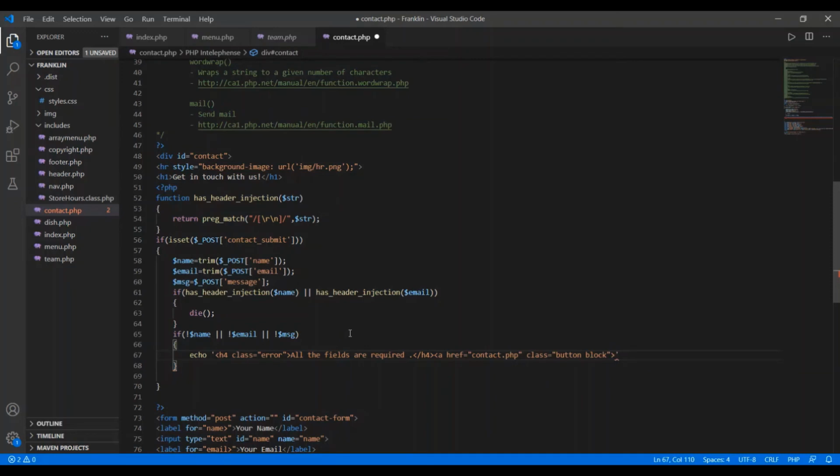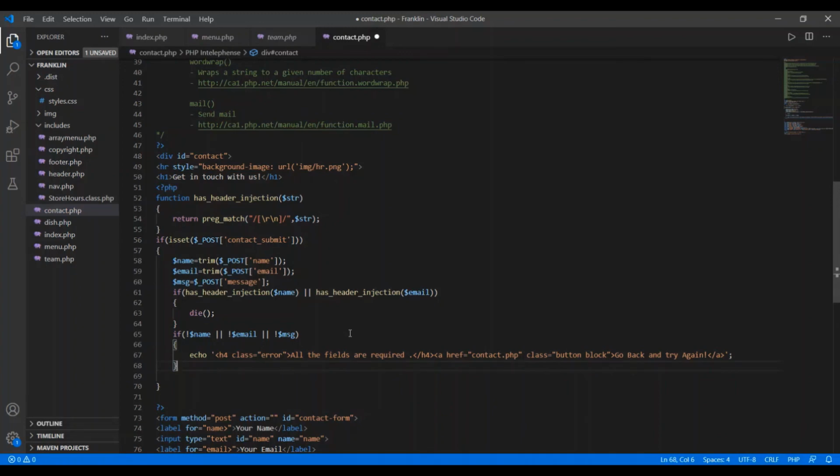And here I write go back, go back to contact.php, or you can simply write go back, which is sufficient, or you can write go back and try again. Or you can write the message this way. Here we close the anchor element and at the end put the semicolon to terminate it.